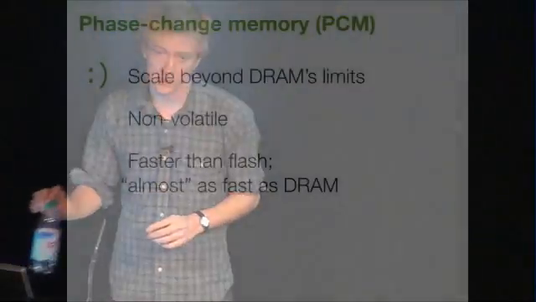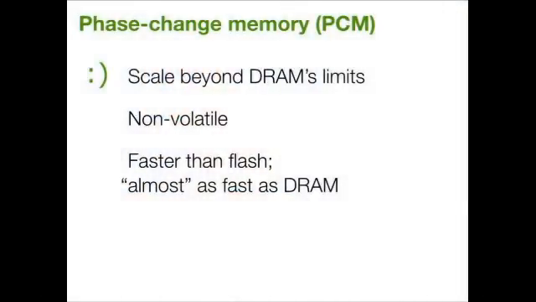So what I'm going to be talking about in this section is phase change memory. And as a quick review, if you haven't heard of PCM, we like PCM. We as the architecture community like PCM because it probably offers the ability to scale beyond DRAM's limits. What I mean by that is that people are worried now that DRAM is on the verge of not being able to scale any further. So we need some new memory technology to come along and save us as we try to continue scaling memories. And it has these nice benefits on the side, which are that it is quite a bit faster than Flash, and it's almost as fast as DRAM, so it might make a good main memory replacement. And on top of that, it's non-volatile.